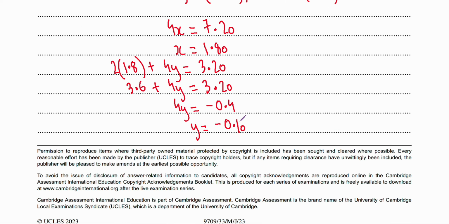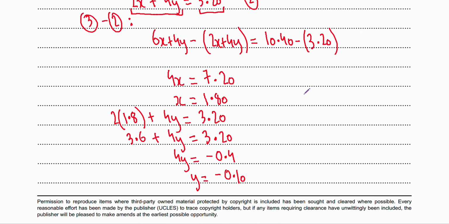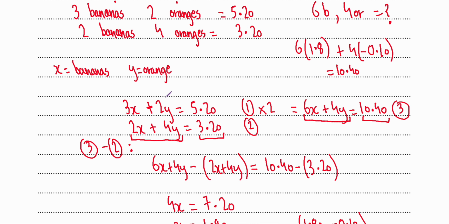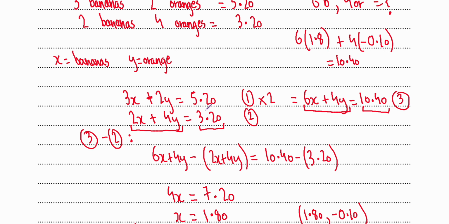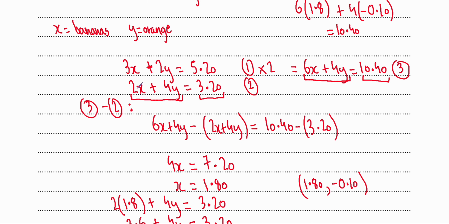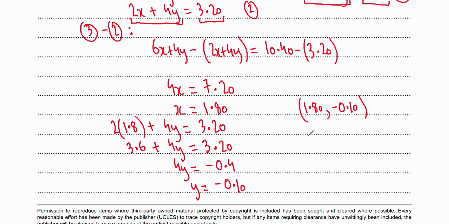And these values of x and y, so you're left with x is equal to 1.8 and y is equal to negative 0.1. These are going to work for both these equations. You can try putting them back in the calculator. If you put x is equal to 1.8 and y is equal to negative 0.1 in here, you'd end up getting 5.2. And if you put them in the other equation, you end up getting 3.20. So they work. And they work because what you're really doing, this is the graphical representation of it, is